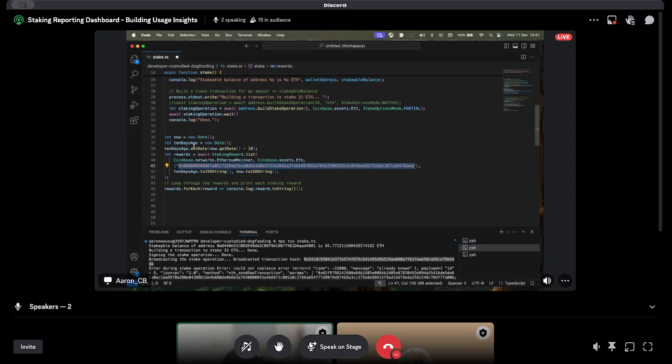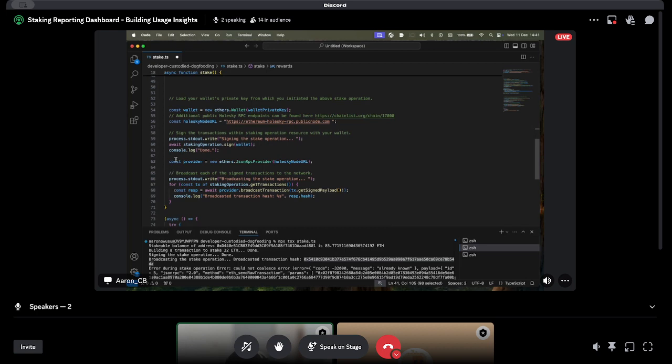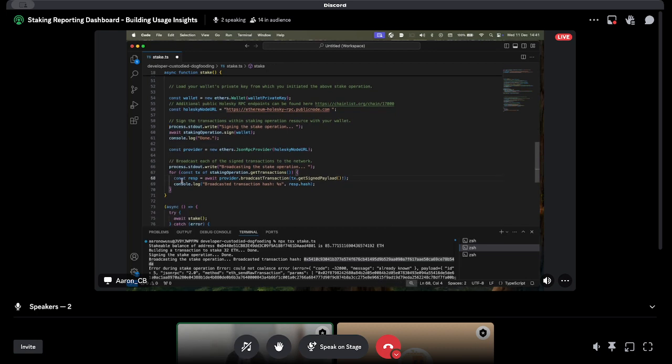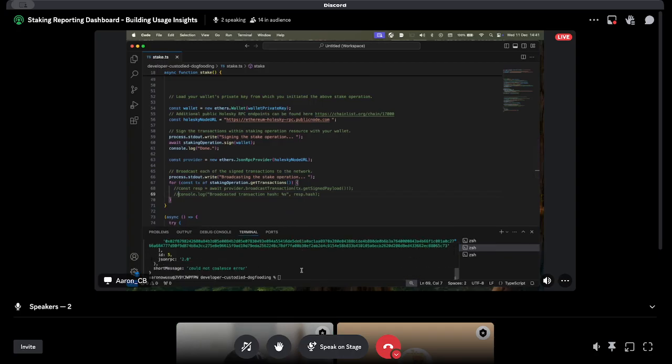So you can pass in as many as you like. And I'm simply saying, hey, I want all of the rewards for the past 10 days. And then I want to print those out using the toString method to the console. And whilst we do that, I'm also going to just stop the actual broadcasting command, which we had earlier. So I'm going to press save. Now I'm going to go up. I'm going to press